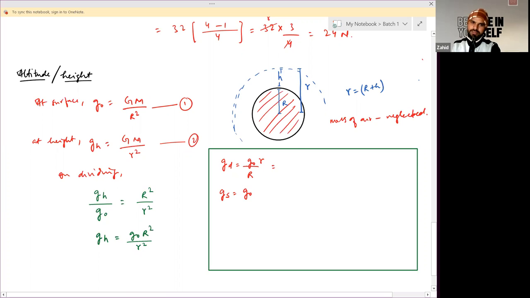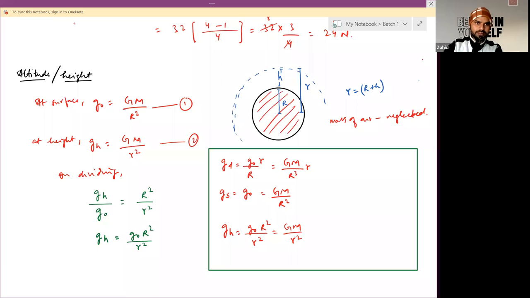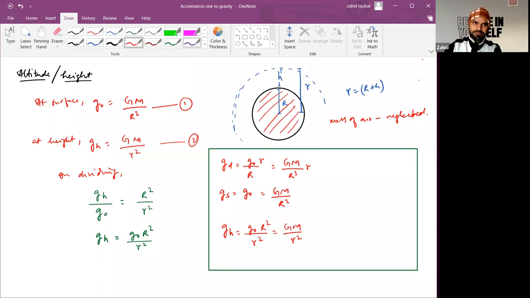If you write g naught in terms of this, it will be GM by capital R squared. And in this part, gravity due to height, or outside the surface of Earth, is g naught times R squared by small r squared, so it will be inversely proportional to small r squared, like this. So if you plot a graph of this particular term,